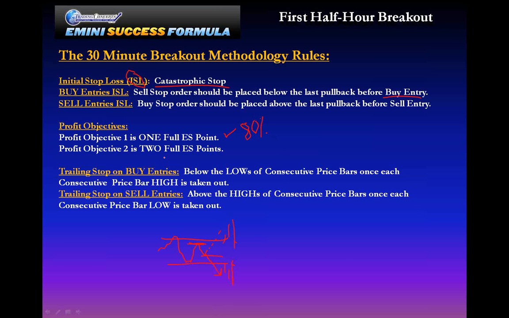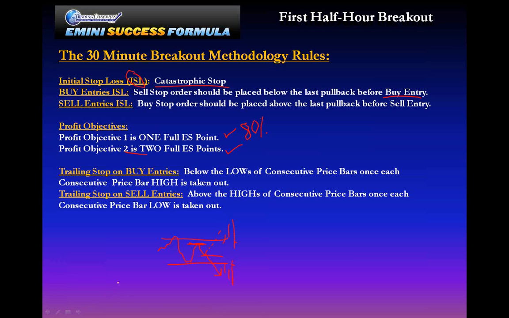Okay? Second profit objective, if you want to nail another profit objective, that'd be 2 points. Obviously, the percentage of getting 2 full points is going to be less than 80%. I believe it's, I don't know what the percentage is, maybe roughly 60% that you hit 2 points. Trailing stop,